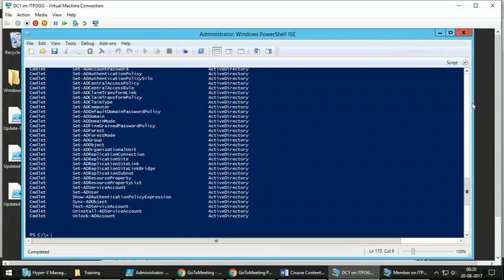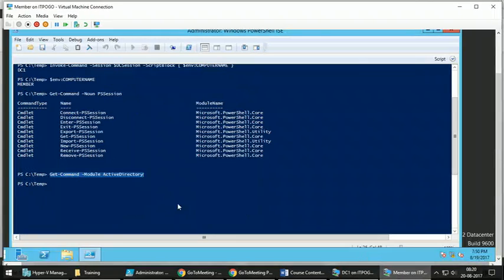Now this is an excellent feature which is available in PowerShell.